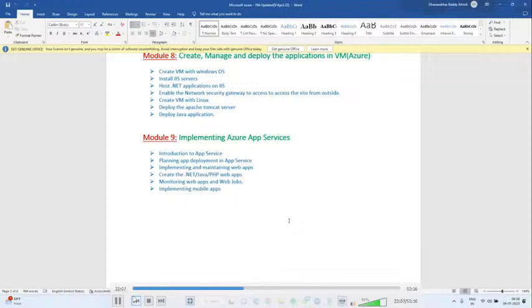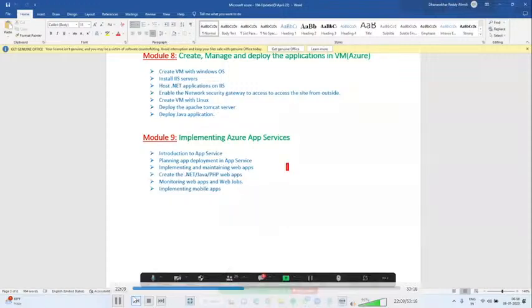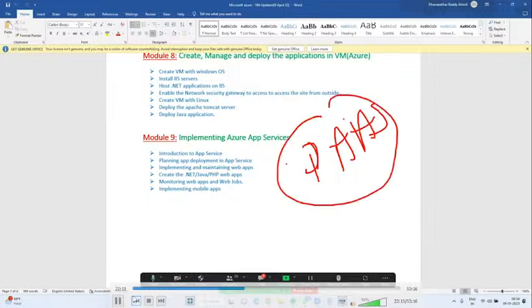When you go for PaaS, as the name itself describes, platform as a service, the total environment is provided by the vendor, I mean Microsoft. We just have to deploy the application. How to deploy the application? That is very simple. We have multiple methods to host services in Azure.